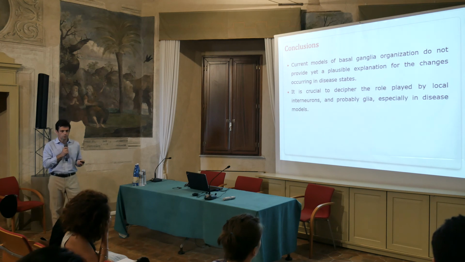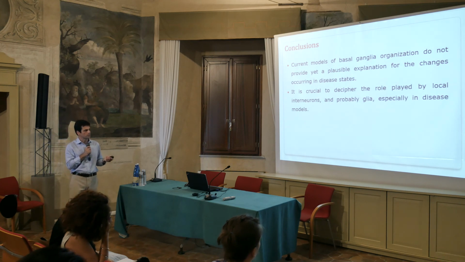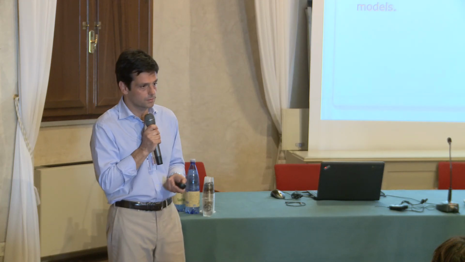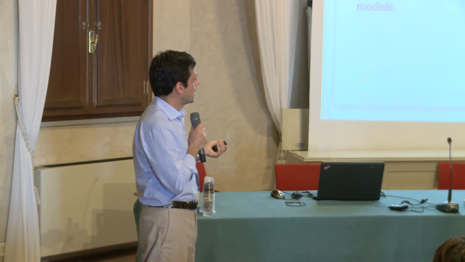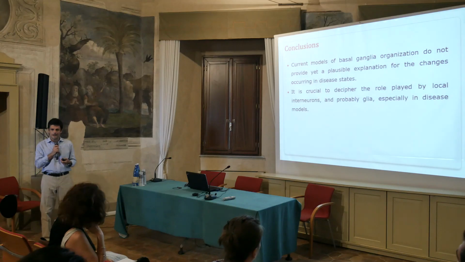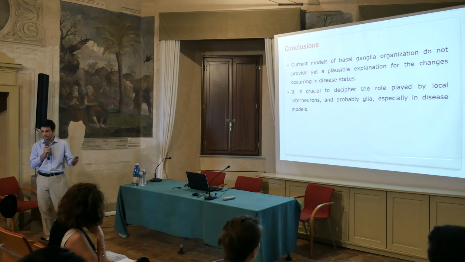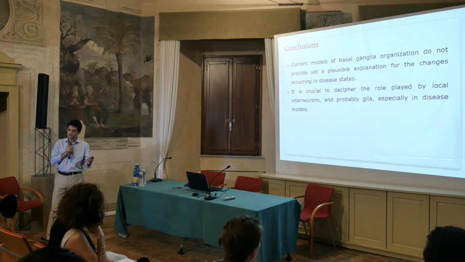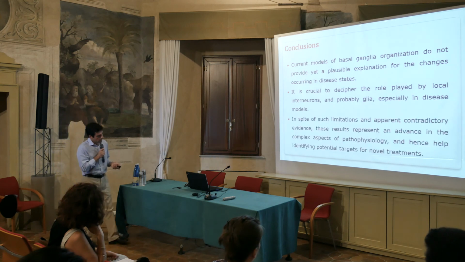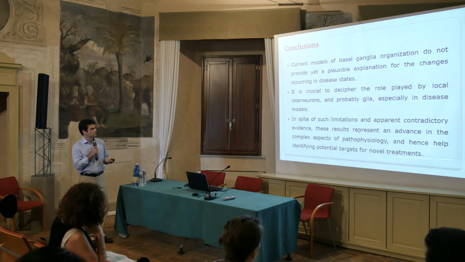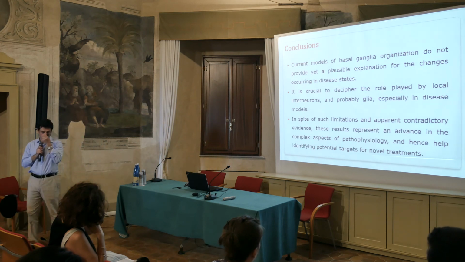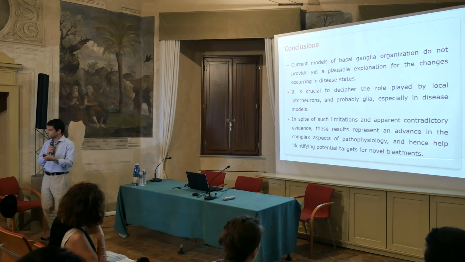I think that in this respect, we still have to understand the real role played by interneurons and probably also by glial cells, astrocytes, which have an active role, for instance, in buffering transmitters. However, in spite of these limitations, we think that these models help advance our knowledge of the basic